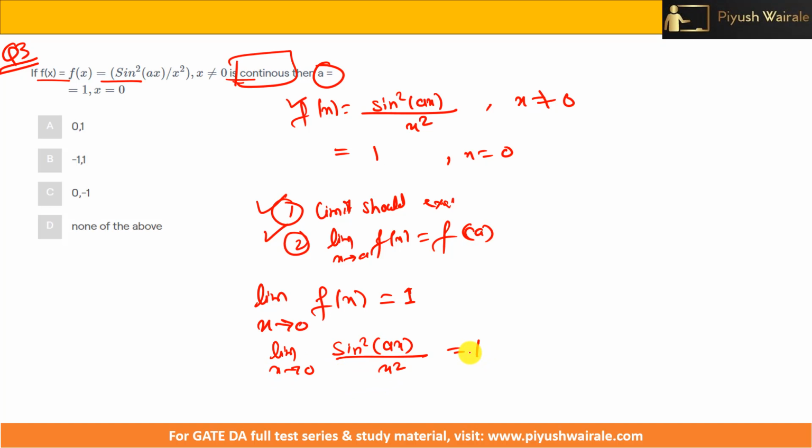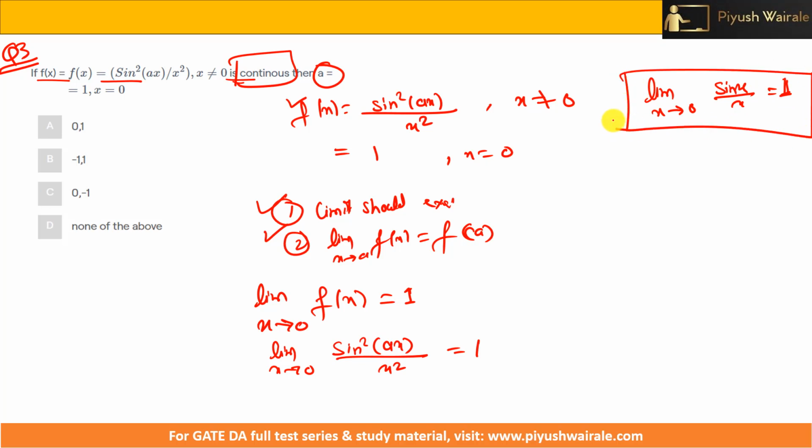If you know the property of limits, the limit as x tends to 0 of sin x divided by x is 1. So can I use this property here? It means that the coefficient of this x and this x would be the same, so it is 1. So if I multiply and divide by a, can I write it like this,